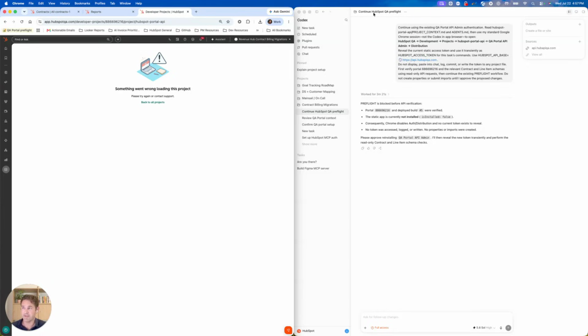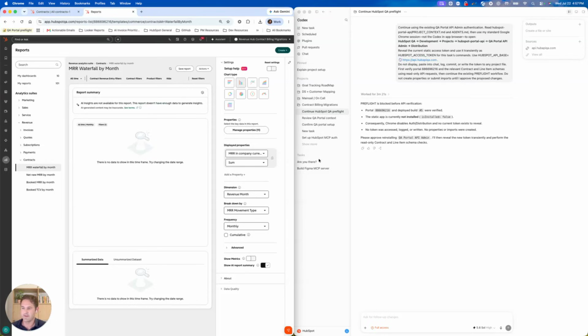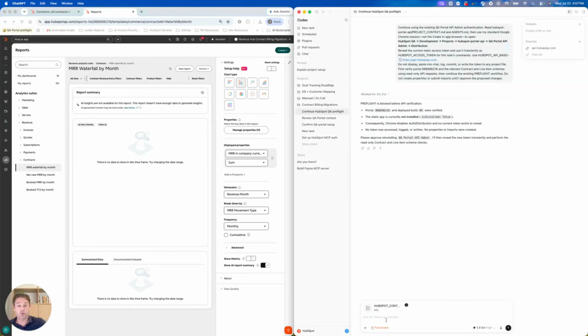So I've got this new Codex session queued up, and I just confirmed that this Codex session does have all the access that it needs here. And I'll X out of that. And so what I'm going to go ahead and do is drop in this .md file, which is trained up on our data model. And it's also trained up on all the questions that people overlook when they're migrating,